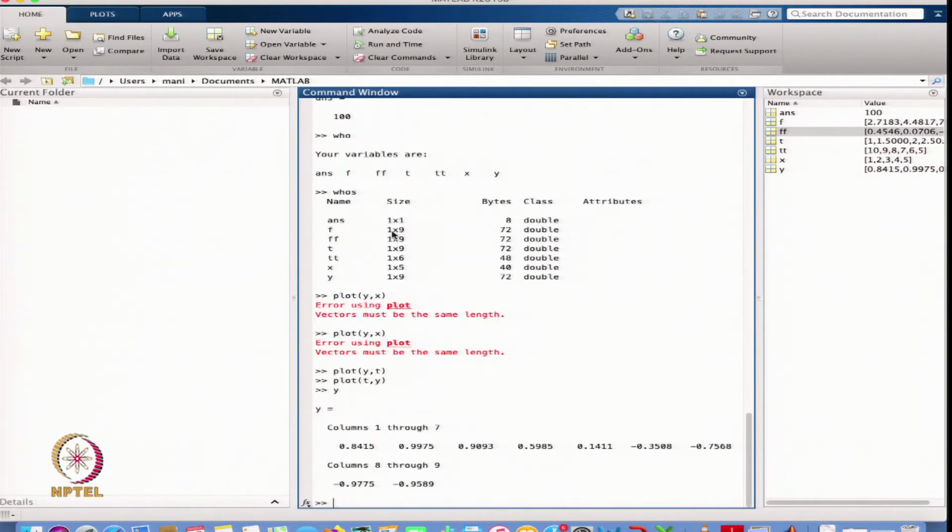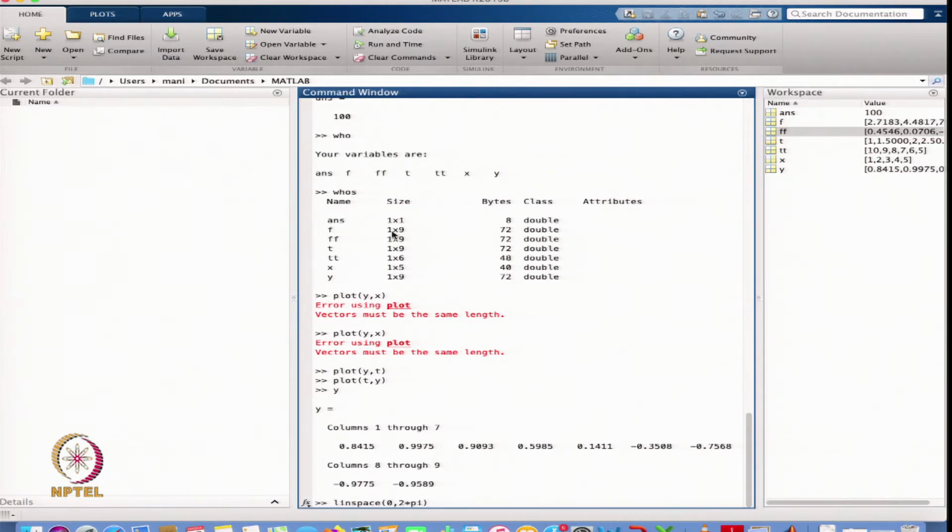You can see that I can even define a vector with linspace from 0 to 2 pi. Suppose I do not give any number for how many mesh points I want.